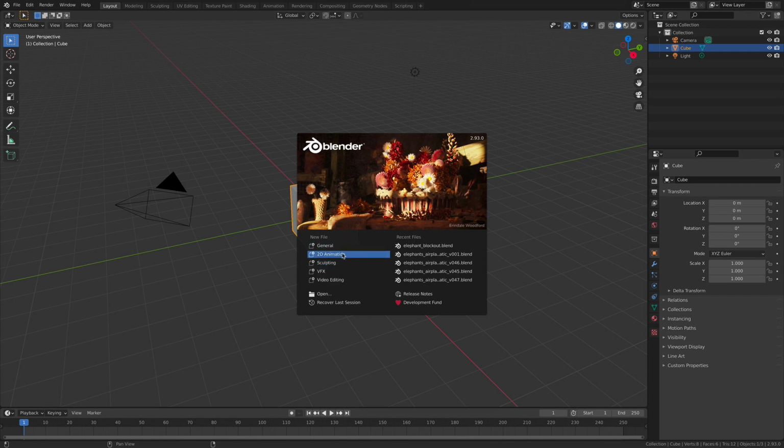And of course, we have the 2D animation tools. We have some wonderful digital sculpting tools in here as well. So we got a lot of fun things that we can do to change our interface real quickly. Now I'm going to click on 2D animation, but before I do it, I want you to pay attention to all of these tabs up here at the top.